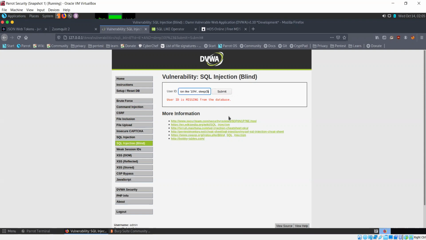Okay, I need to add this within this parenthesis. Okay, there's probably some mistake there. Let's see.